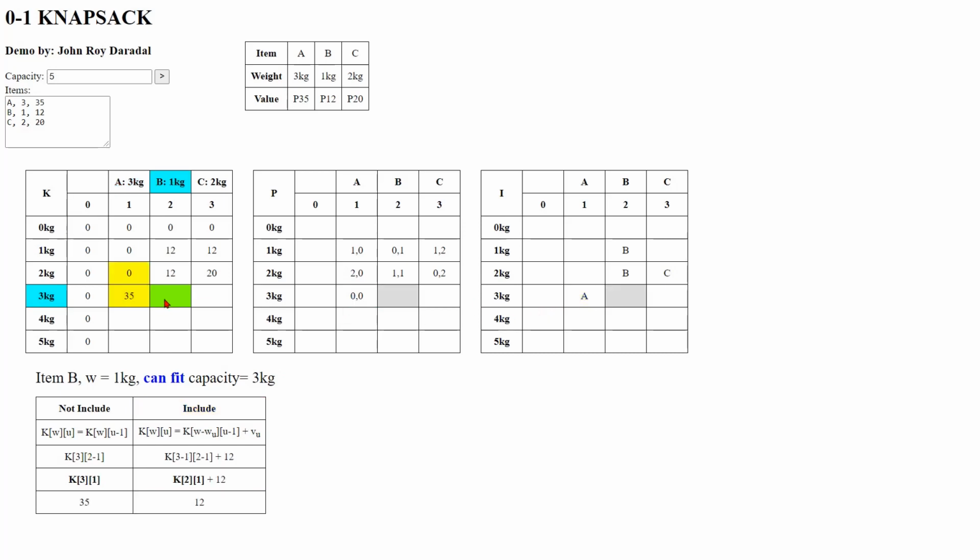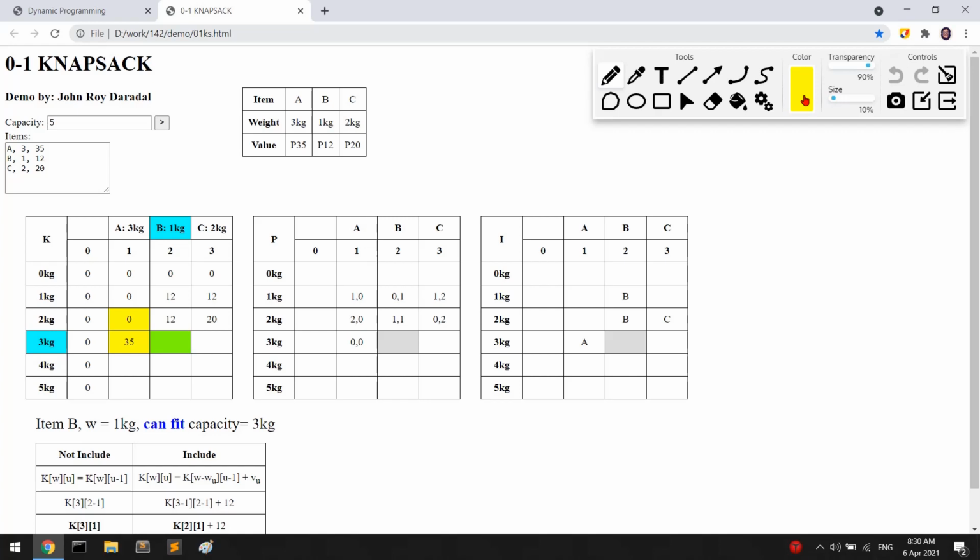For this one, if you don't include it, it's 35 for B. If you do include it, the previous sub-problem would be 2, 1, right? This one. And then plus 12. So this time, the optimal solution would be not to include item B. Okay, so what happened here? For this one,